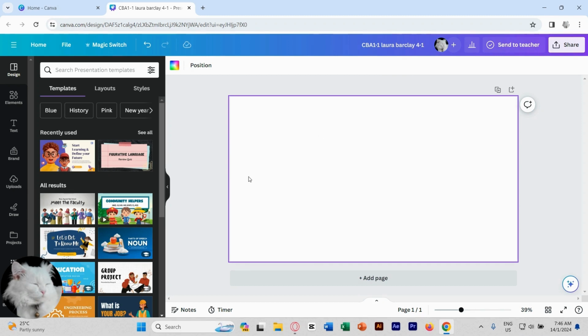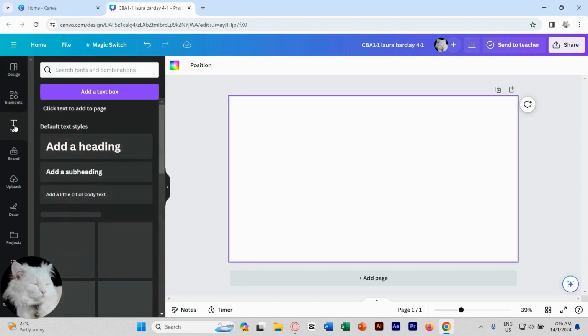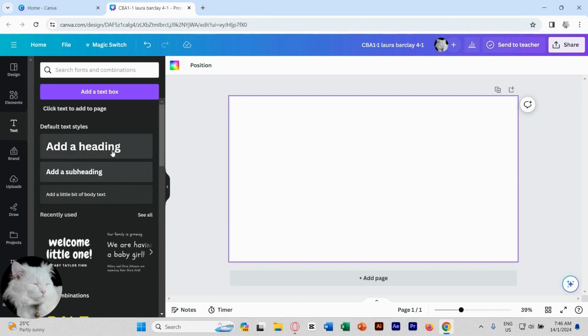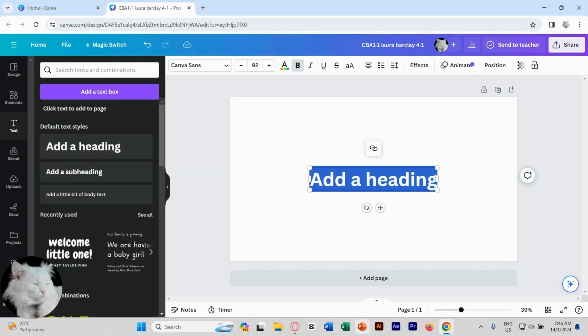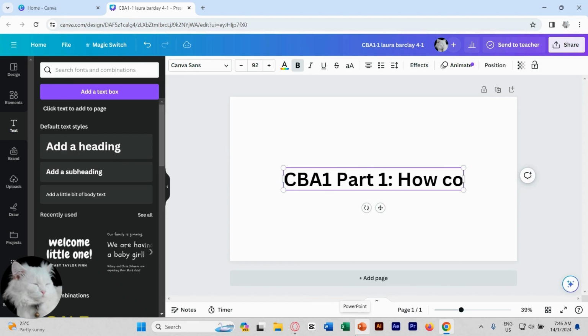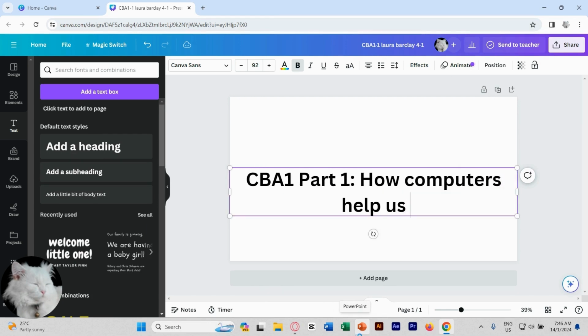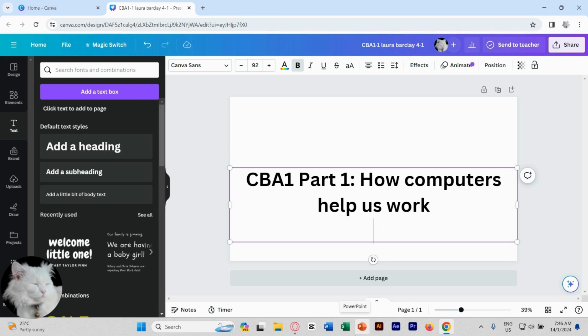So once you are done, we're gonna type the title of the slide. So let's go to T, add a heading. We're gonna type CBA1 R1. The title is gonna be How Computers Help Us Work. And then you're gonna press enter to put your name